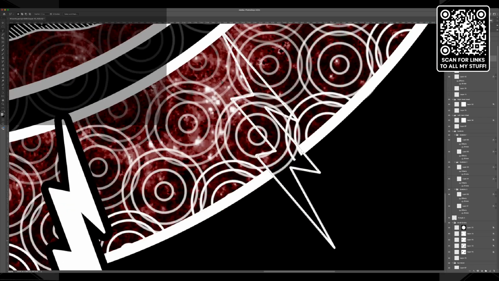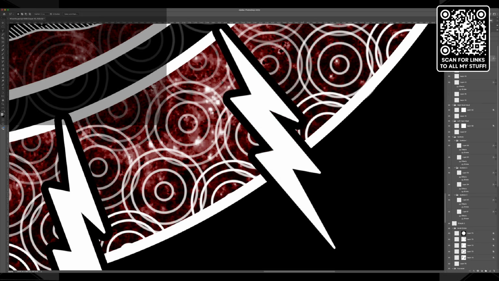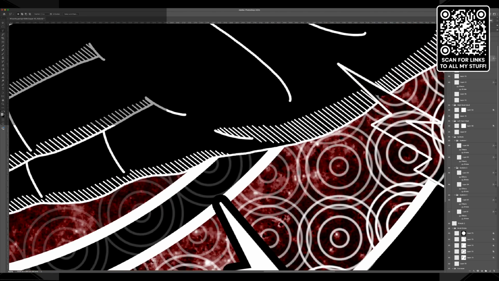I had the basics of this idea, which was really just the hands and the lightning bolts. If I'm being honest, what I had when I started this was the hands and lightning bolts, because my first triangles were very different than this. Okay, that's fine. Let's go ahead and put that stroke on there. I'm probably going to, I know what I'm going to do here. See, and I have to, no, it's fine. It's fine.